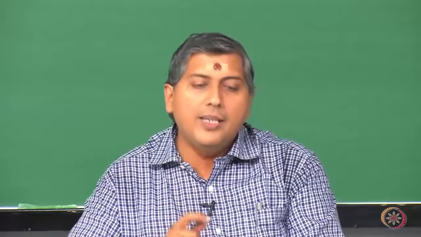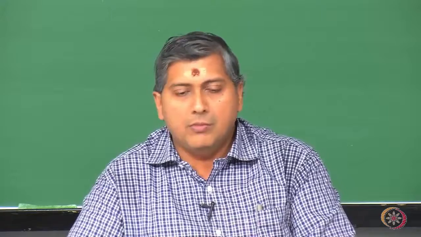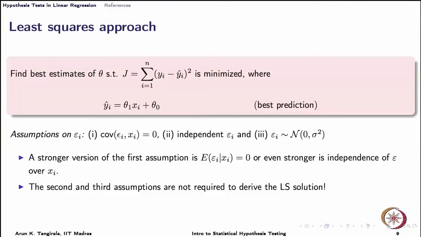Now, the question therefore is, how do I obtain best estimates of model parameters? That is item number 1 for us. There are several methods in the literature, but one of the most popular methods, that you are probably also familiar with, is the least squares method. What does the least squares method rely on? It relies on the principle of minimizing the squared distance between the vector of observations and the vector of predictions.